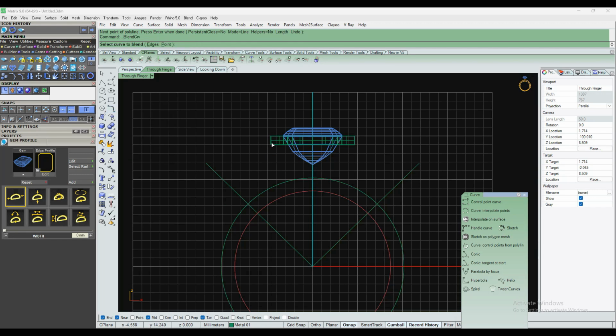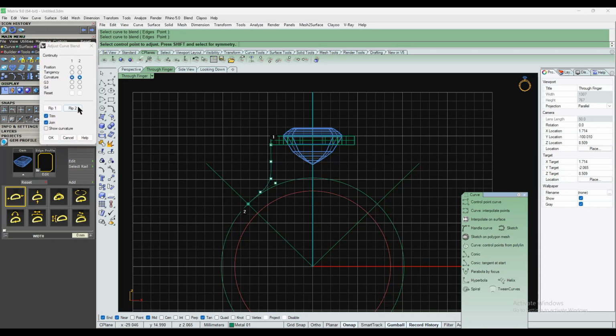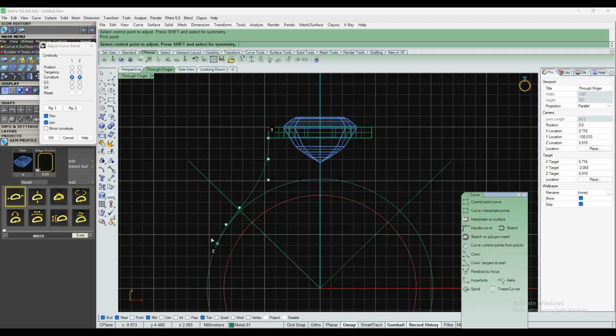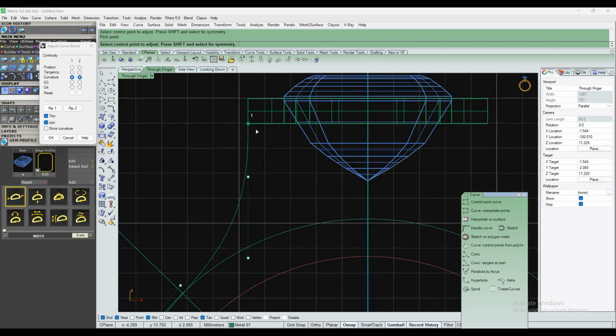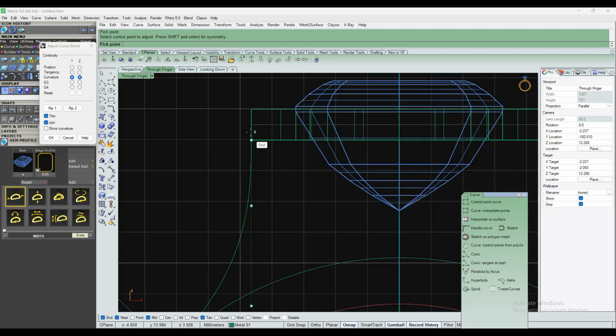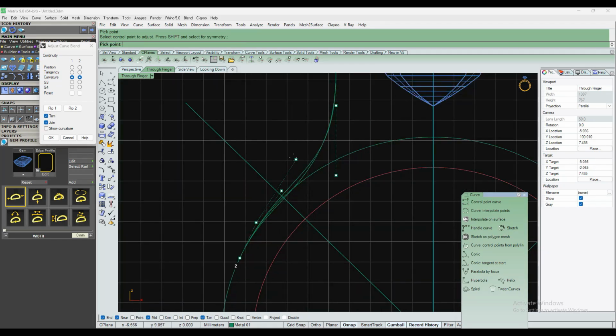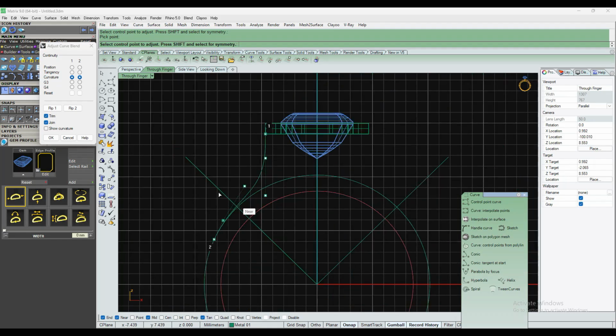So this is my first curve, this is my second curve, and you can see you can adjust your position. You can bring this second curve down, and you can also adjust the curves. Okay, this is the method which is useful, but you cannot go inside until you have this curve selected. So for this curve you can only use this much distance, and for curvature this is the only curvature we can use. Okay, for now, if this is okay, then tick this trim and join option, then click OK,